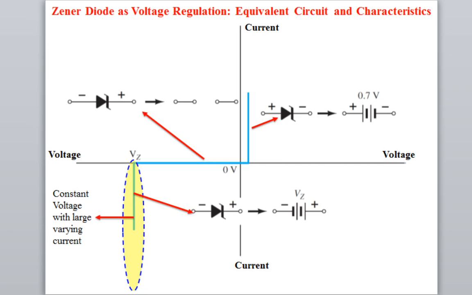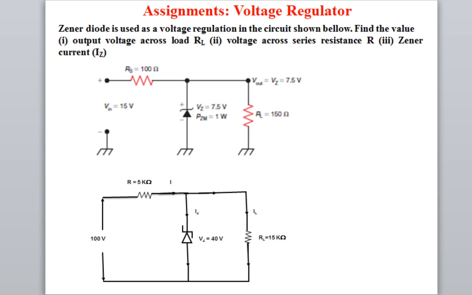Whether you change the current from 1 ampere to 10 ampere to 100 ampere, to milliampere, to microampere, any current you change, the voltage remains. Normally, if you change the current, the load voltage will change. Like if you see the circuit, if you change IL, obviously VL will be equal to IL into RL, so your load voltage will change. But if your diode is in conducting stage, let us say the applied voltage across the Zener is greater than the Vz, then the voltage will develop across the diode.